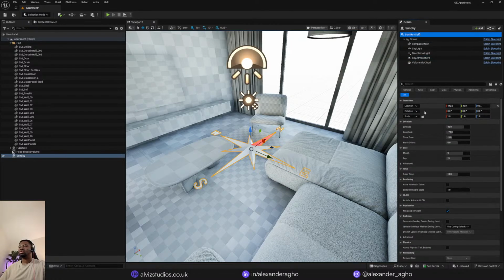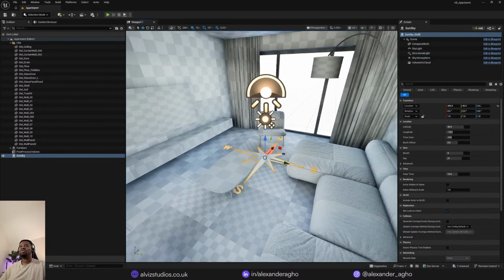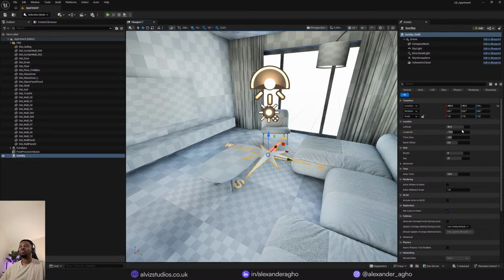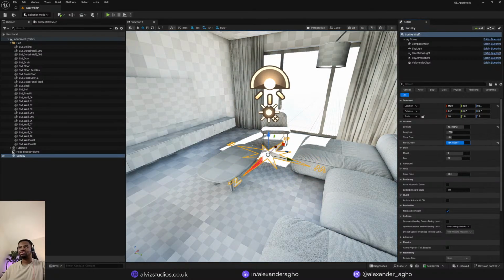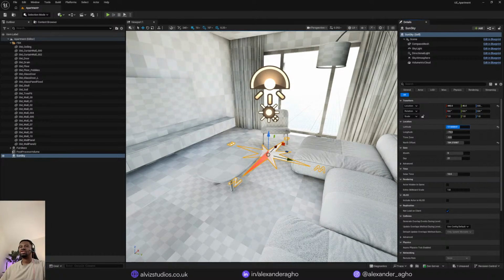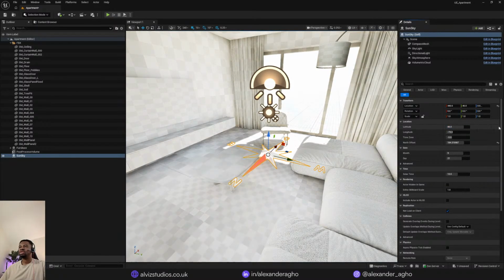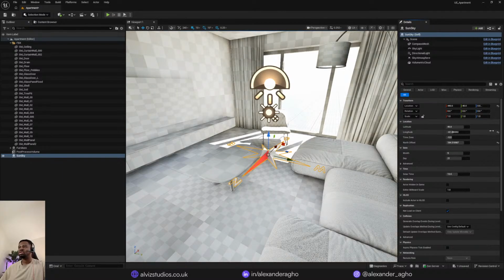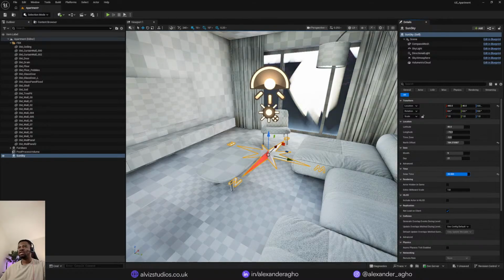So one good thing about this, if you are trying to be precise in terms of real world lighting scenarios, is you can adjust your latitudes. Okay, first of all, let me adjust the north offset so that the light comes in through here. You can adjust your latitudes, you can adjust your longitude, time zone, the month, the day, solar time. So right now by default, this is like 1 o'clock. You can make it 2, 3, 4, 5, and then,